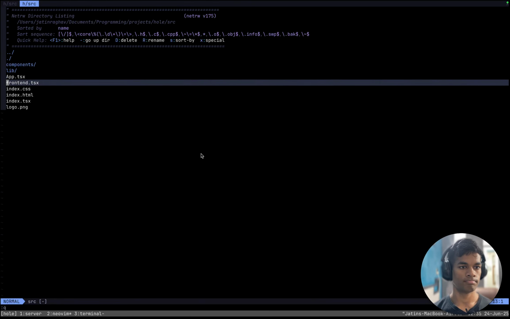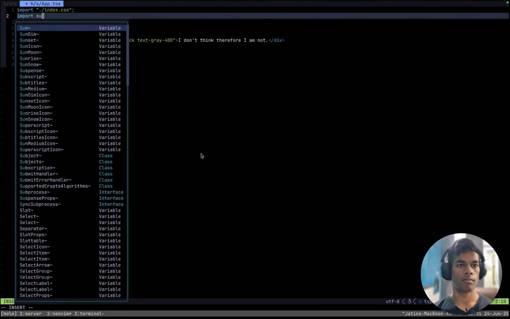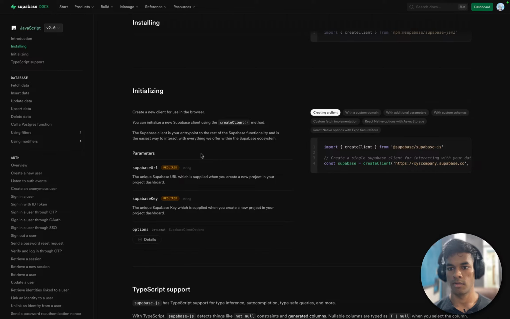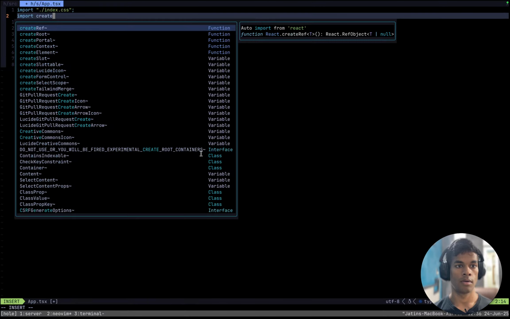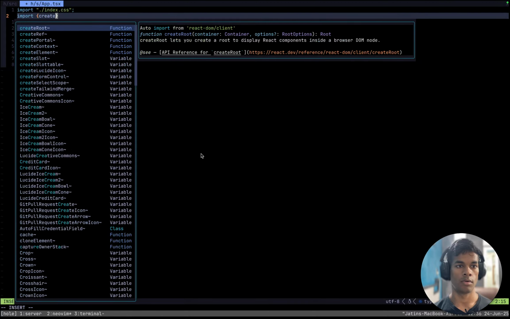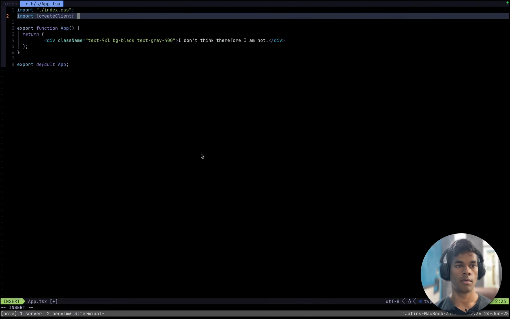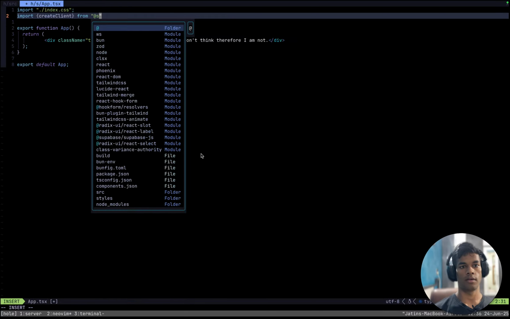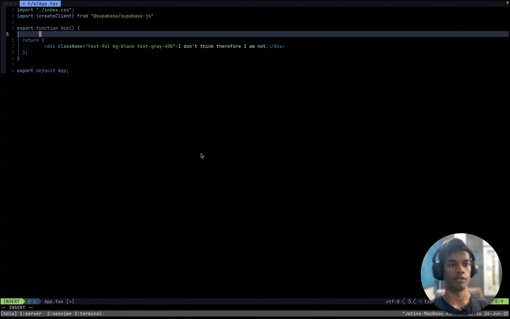Create client. Yeah, import Supabase. Import createClient from Supabase. From supabase/supabase-js. Yep, no errors, so that is cool.